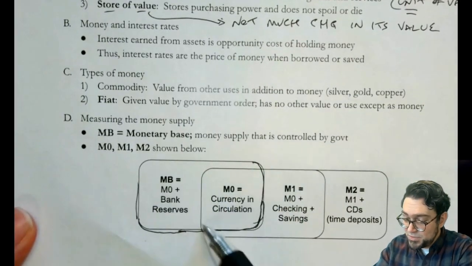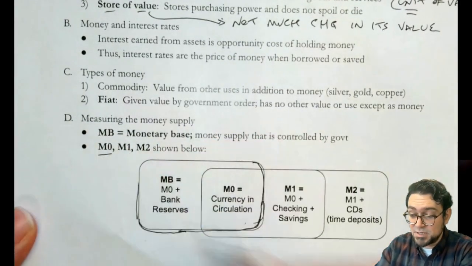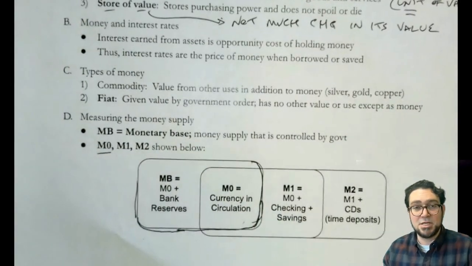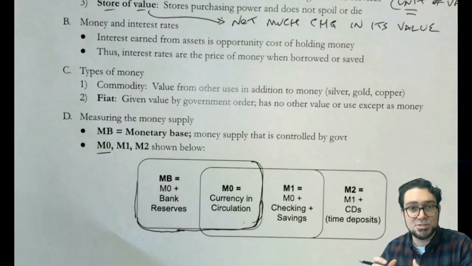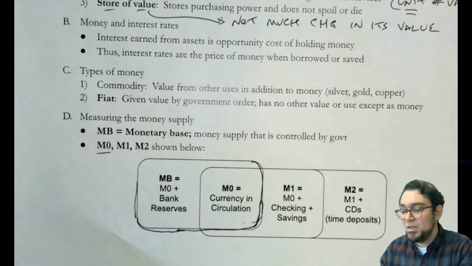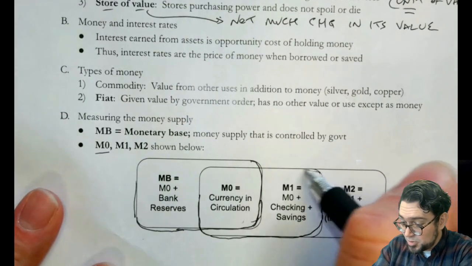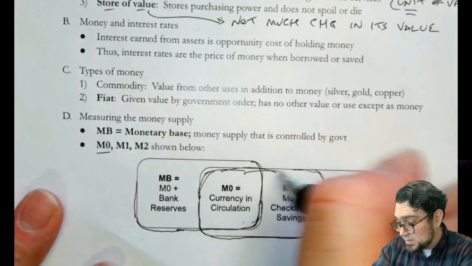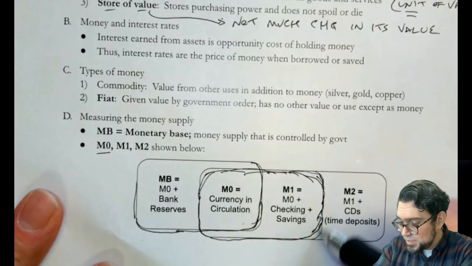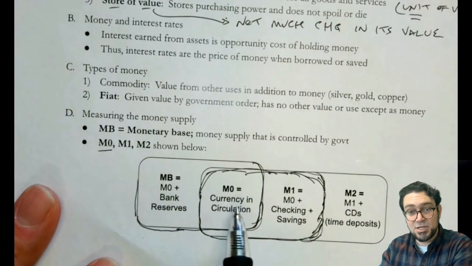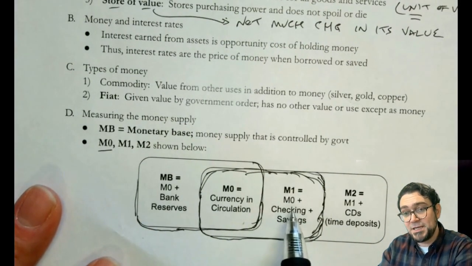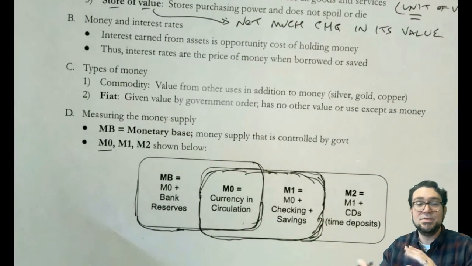Now, there's also within it that monetary aggregate of M0. M0 is just the currency in circulation. It's the money that's as close to cash as you can get, and that is cash. Now, going this way, currency in circulation is also considered part of what we call M1. So M1 is actually a couple of things. It's the currency in circulation plus all the checking account money and savings account money in the United States.